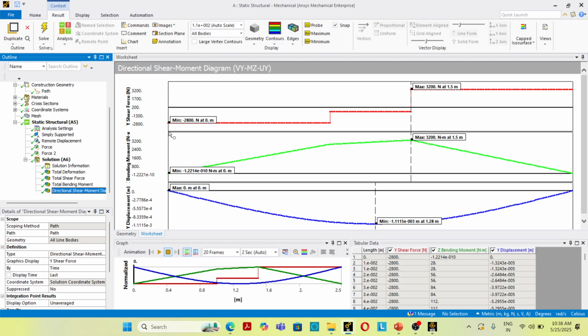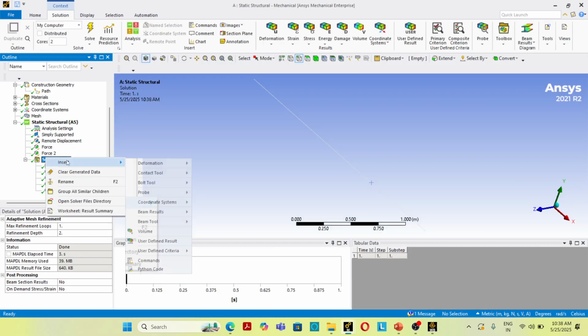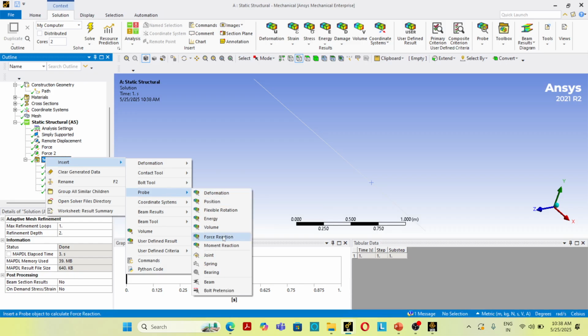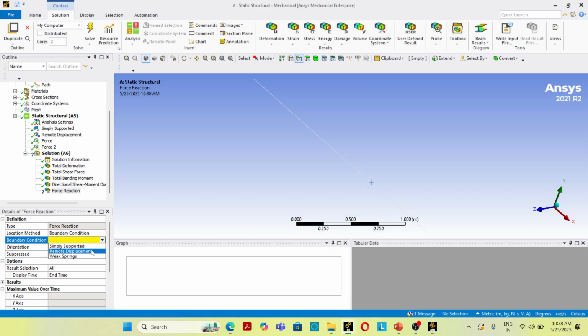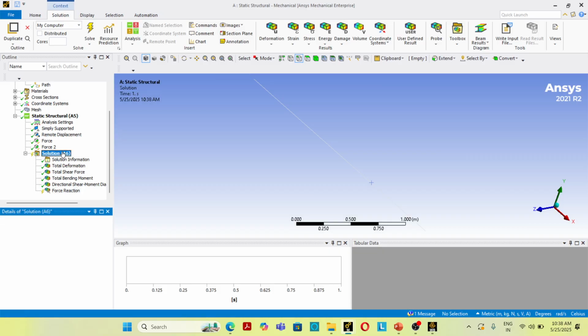So you can see that this is the shear force diagram and this is the bending moment diagram and here it is the displacement. Okay. Then again go to insert beam result, probe, reaction force, simply supported end,